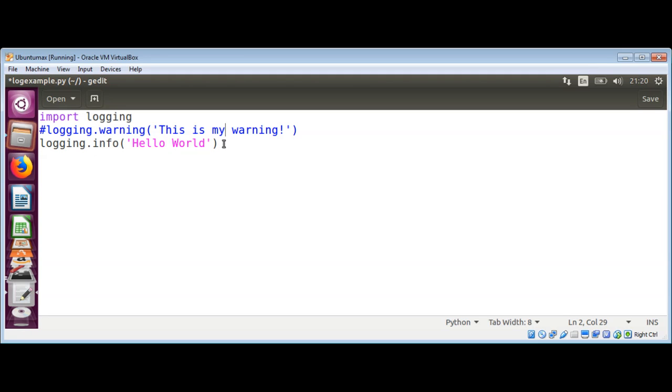And because our focus is to print info now, before that we need to do logging dot basic config, and here we are going to add our logging to a file. The file name, I will name it info.log,